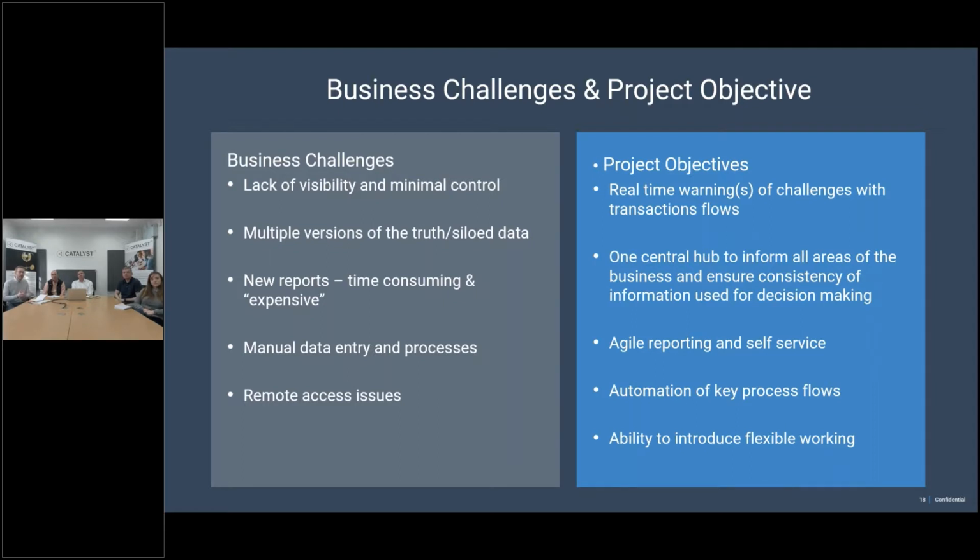Which brings us on to me just talking through the challenges in a bit more detail. The first point we've got up there is lack of visibility and minimal control. From a visibility perspective, with my CFO hat on, from a commercial viewpoint, we had a broad idea of where we were with our business in terms of sales, but a heap of the detail that Carl just talked about around inventory, etc., we were struggling with. But also within our business, our teams didn't have visibility of what each other were doing. So we had a purchasing department who were putting those purchase orders down and bringing in stock. We had a sales department that was selling out of stock, but weren't able to see when we were going to be replenished without going to the buying team or even looking at a spreadsheet that the buying team were maintaining. So as well as placing purchase orders, they're also running 7 different spreadsheets to share that information, whereas really what I wanted was to make sure that the whole team had that full visibility of the piece,